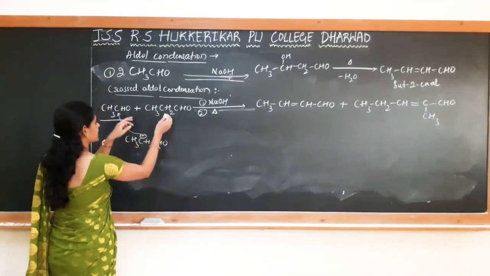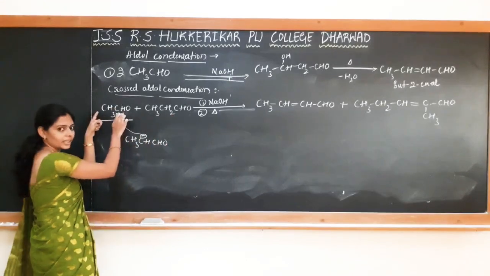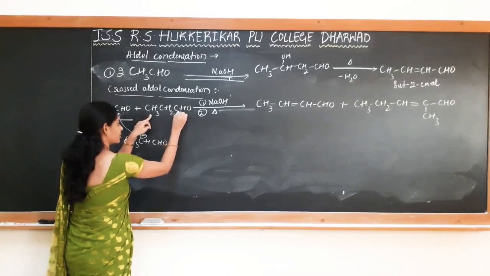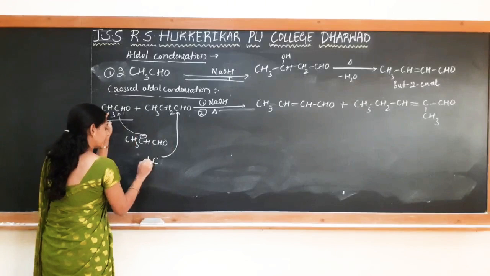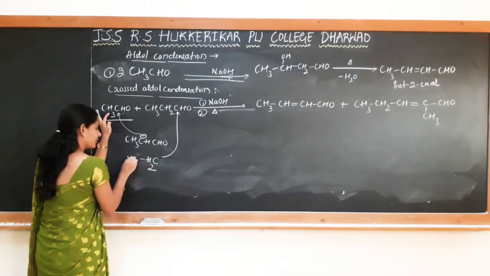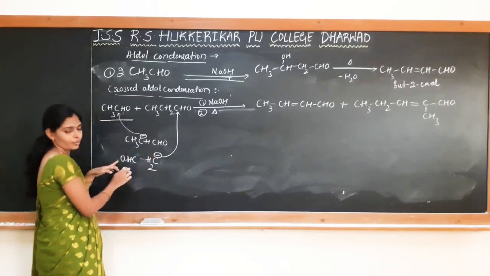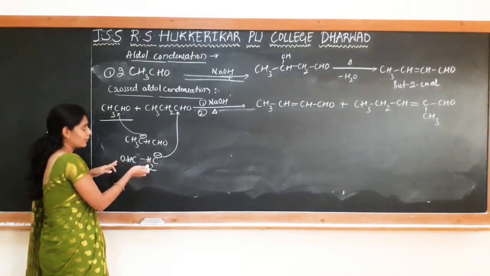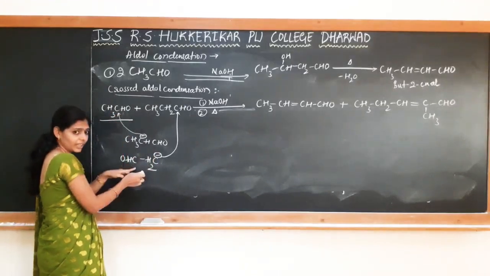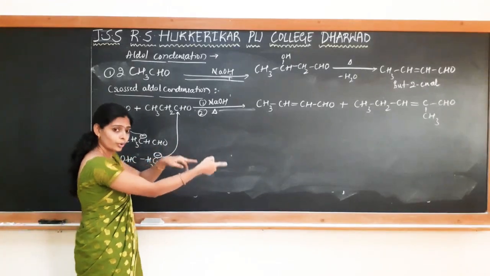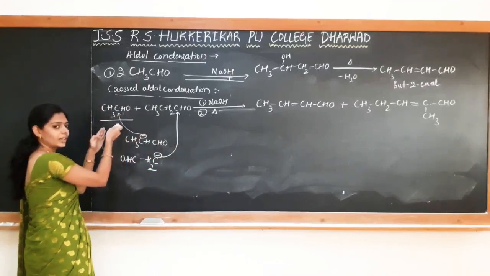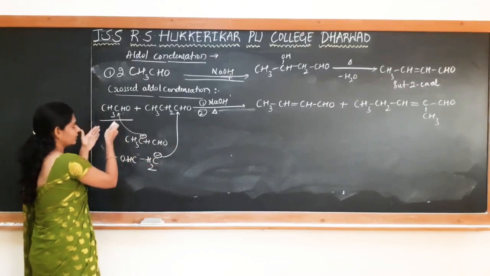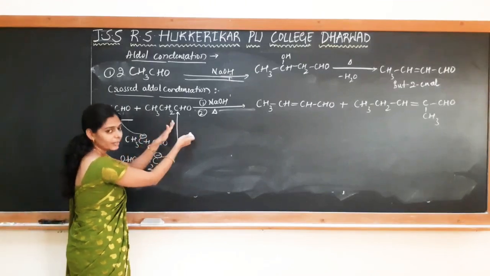In another case, this is attacked by the ethanal. So here, if you are showing attack on this carbonyl carbon, the other molecule which is attacked by the carbanion will be CH2 minus CHO. This is the carbanion formed by the ethanal. So I will be getting 2 more products where one will be attacking the other, and here one substrate will be attacking the remaining one.